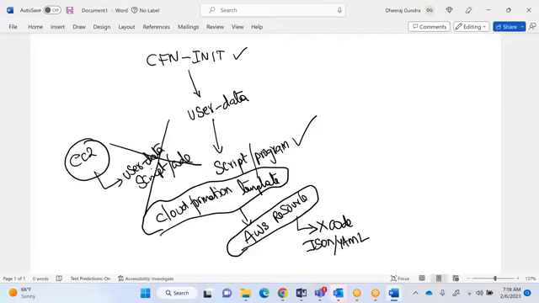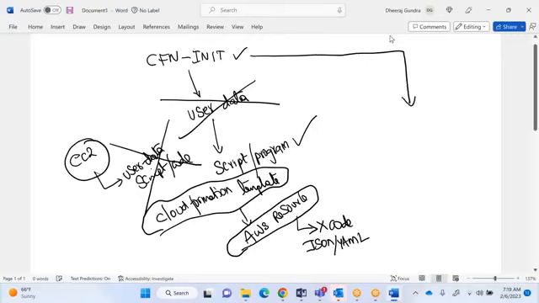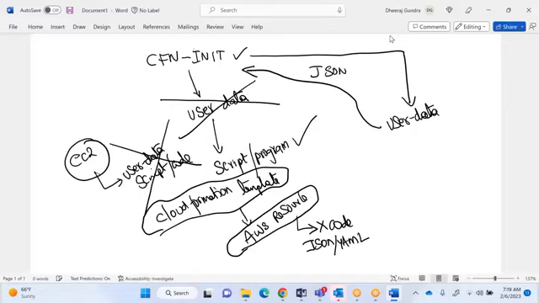Maybe in user data, what you install, the last line would be sending a signal. But now, no user data in the CloudFormation template. In cfn-init, what do you do? Whatever things you want to do in user data, the same things you can write in cloud initialization, no code, but in JSON and YAML format.